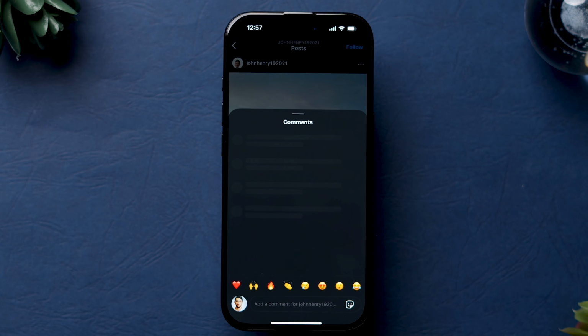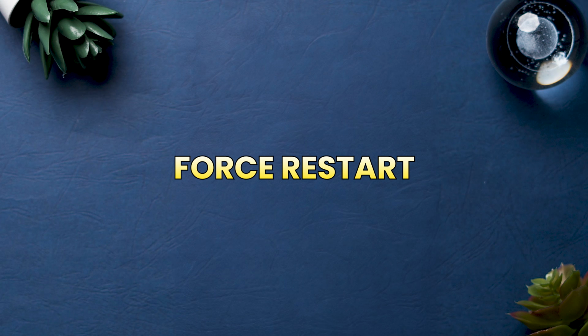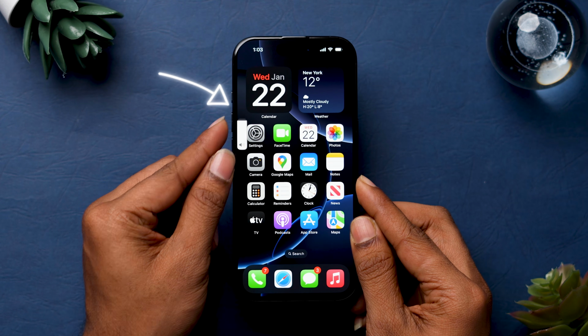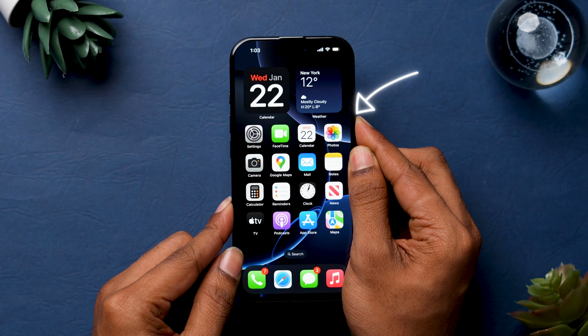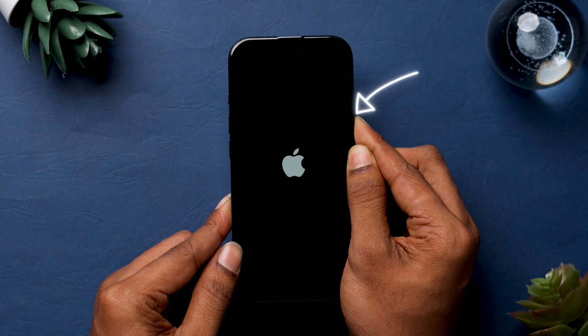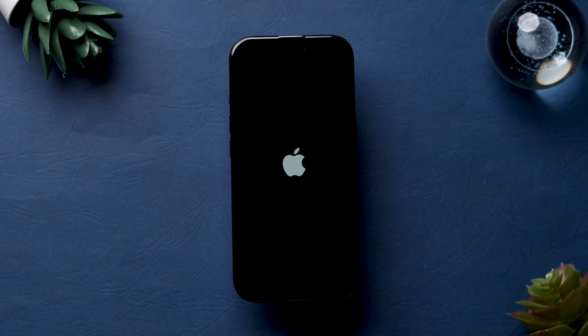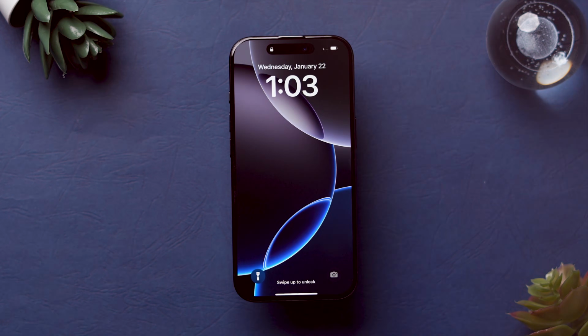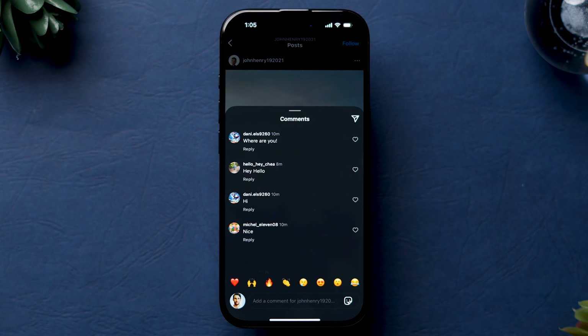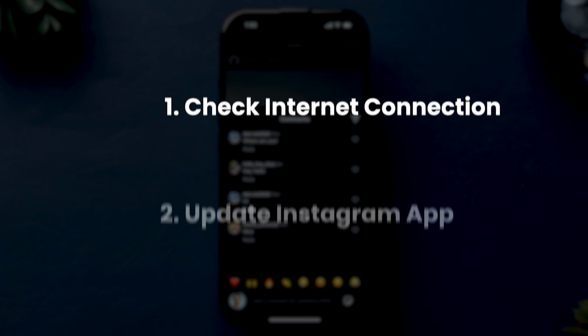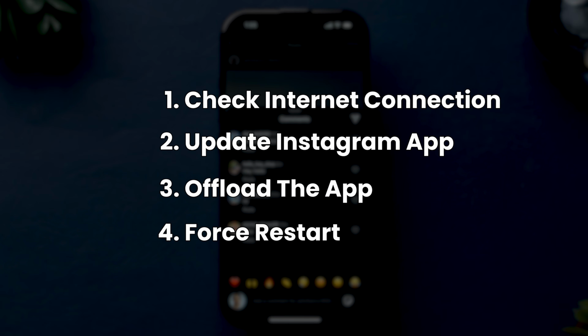If it is not working, then try force restart. Press and release the volume up button and press and release the volume down button. Now press and hold the side button until the Apple logo appears. Then release the side button and your phone will restart shortly. After restarting the device, check if the comments are loading or not. This might fix the issue. Even after trying all the steps, if the issue can't be resolved, then